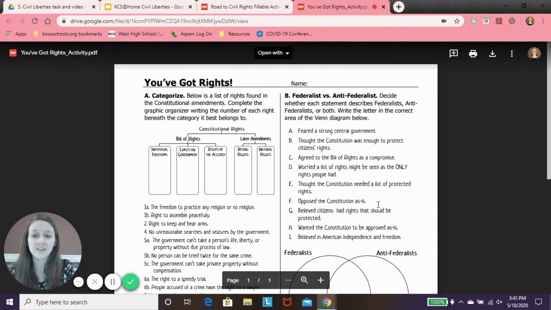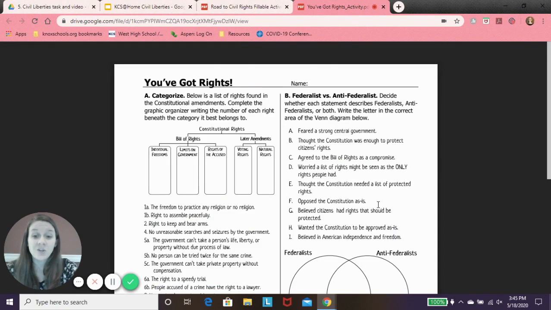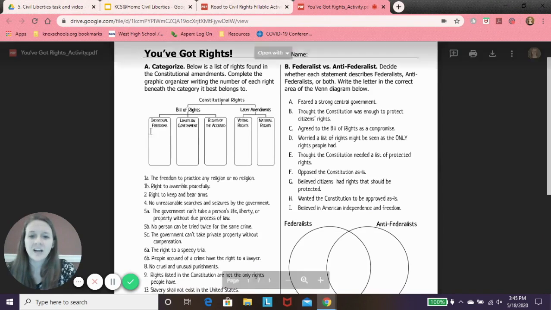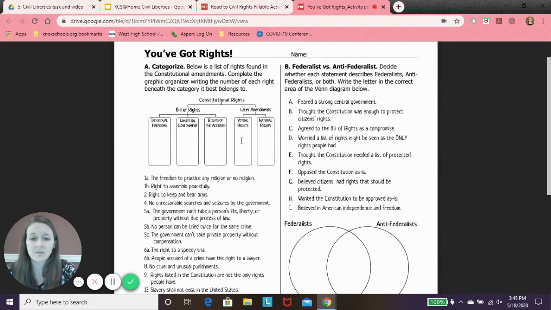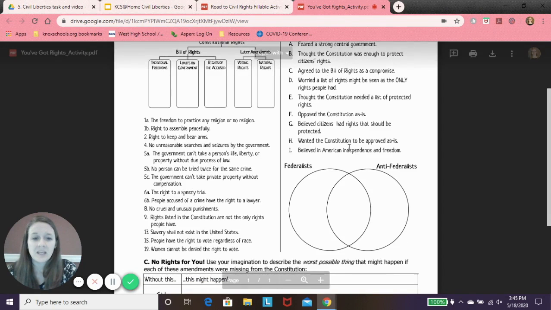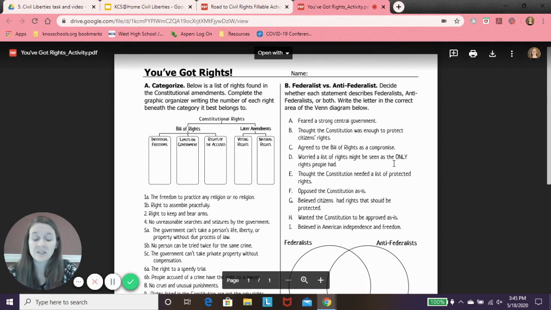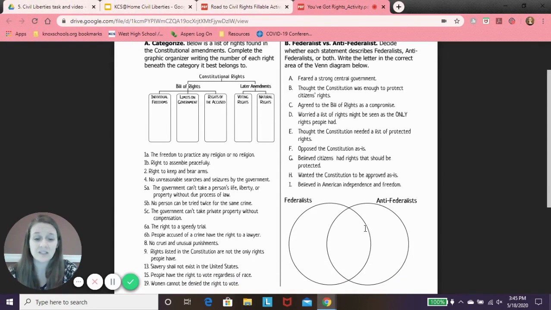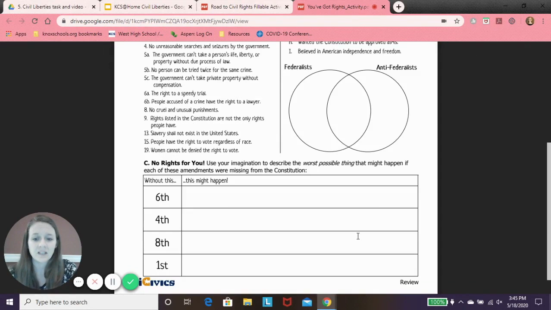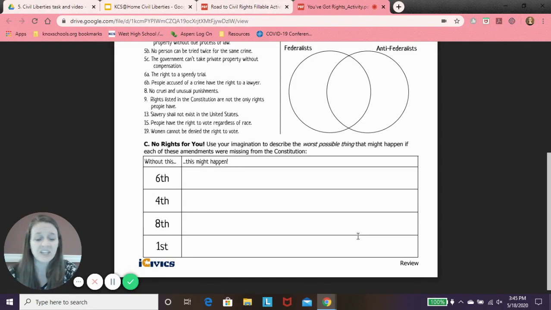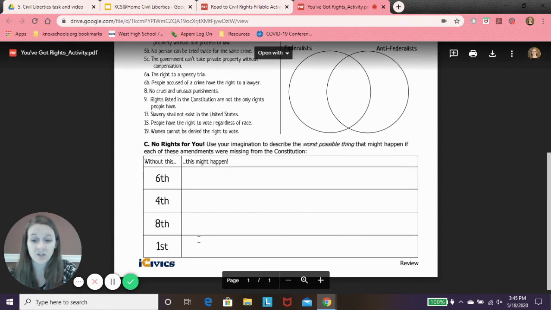For the first activity called You've Got Rights, you will complete this sheet. You'll categorize the freedoms that are found in the Bill of Rights into these different categories based on our constitutional liberties. Then you will compare and contrast the beliefs of the Federalists and the Anti-Federalists using this Venn diagram and sort these into this section. Finally, you will imagine what it would be like if we didn't have these amendments and talk about some examples of things that could happen if the 6th, 4th, 8th, and 1st Amendments were not in